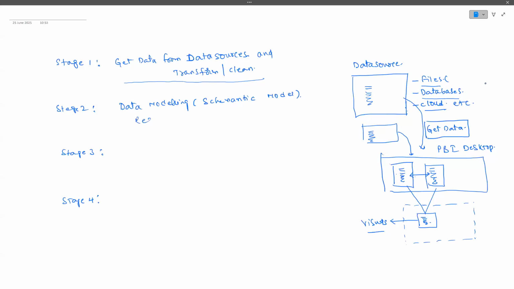Some kind of reusable calculations and all these things we are going to create as part of the data modeling. Once you start practicals, we'll understand them, guys. So first what you have to do, guys, get your data, then clean up and transform your data, and then